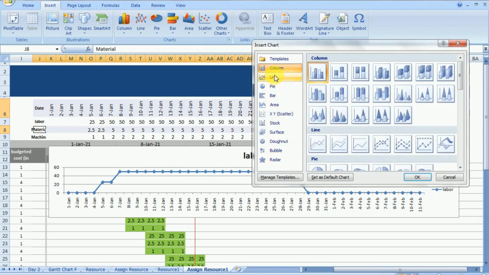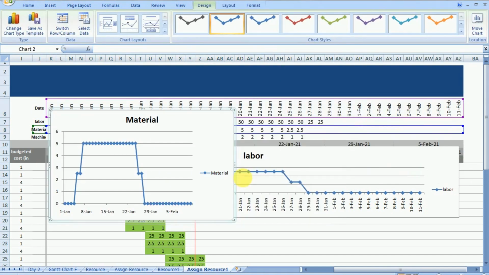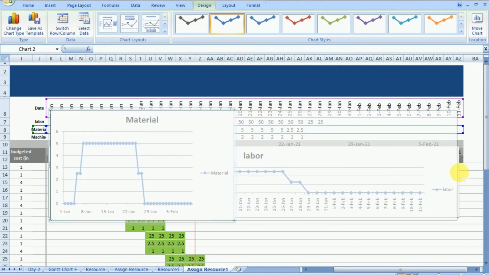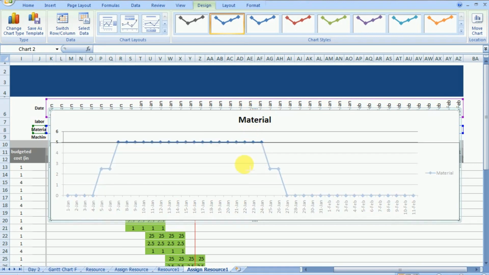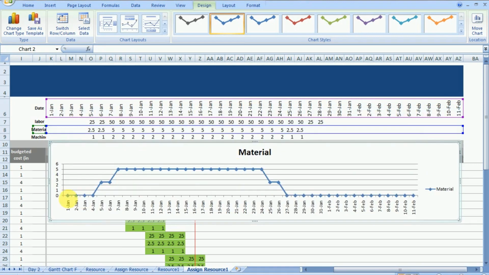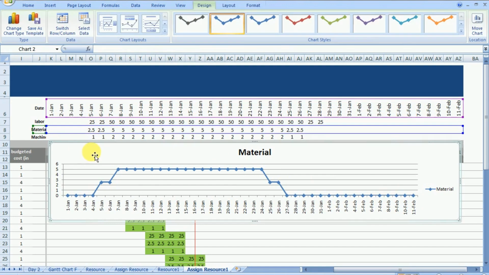Similarly, we can add for material. Now if we have 4 types of labor, all the labor can be defined here in a similar fashion in which we have defined 3 resources. You can define n number of resources. Also our objective is to understand the commands and this chart, which can be utilized by you in various ways. So let's learn through this implementation.